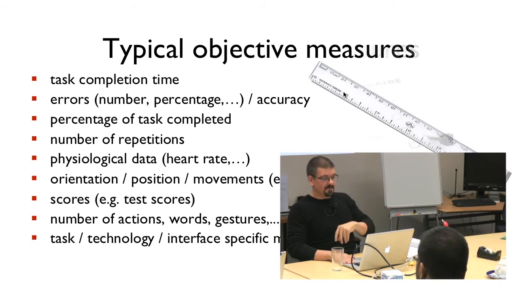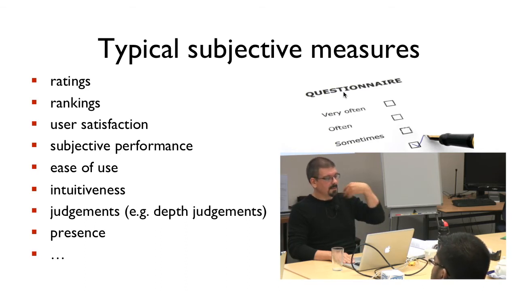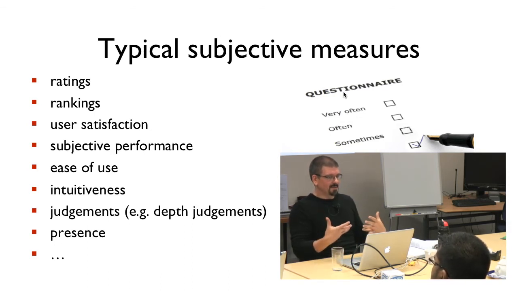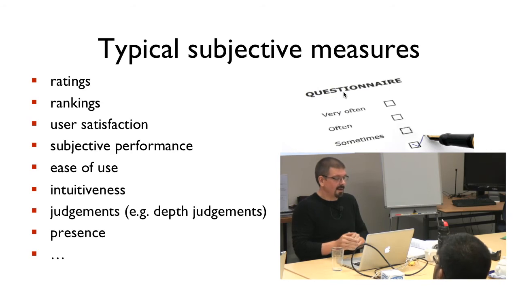On the other hand, what are subjective measurements? Well, subjective measurements are rating scales, questionnaire items, judgments. We have to ask people to make, for example, depth judgments. These are subjective measurements because they depend on the subjectivity of your participants. They make a subjective judgment about a specific item. So if you ask them, did you like it? They can say, well, yeah, I liked it, or I didn't. So that's a subjective measurement of the enjoyability, or how people liked interacting with your interface.